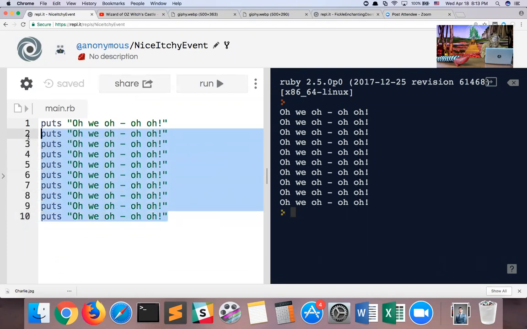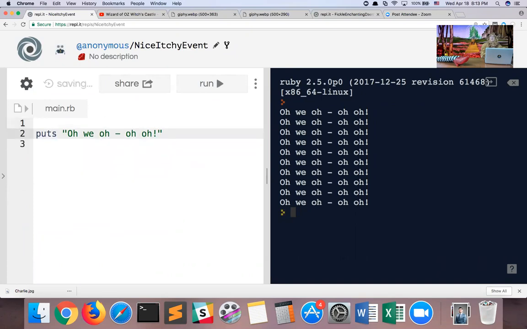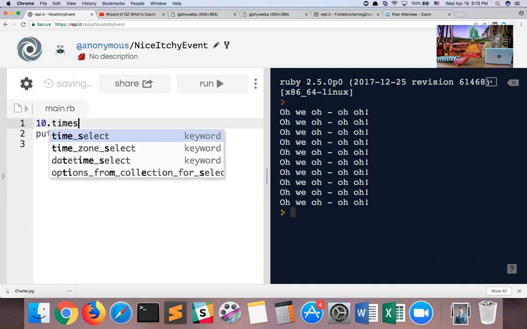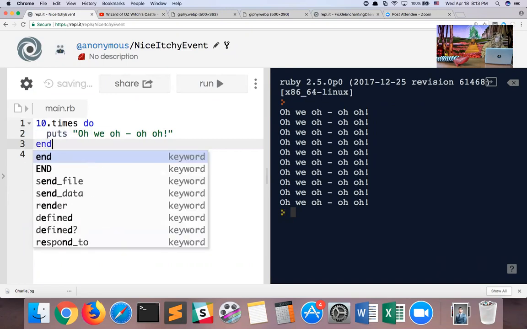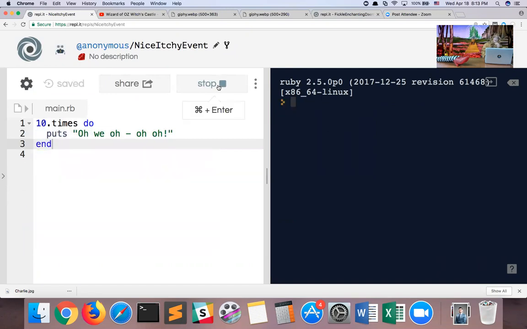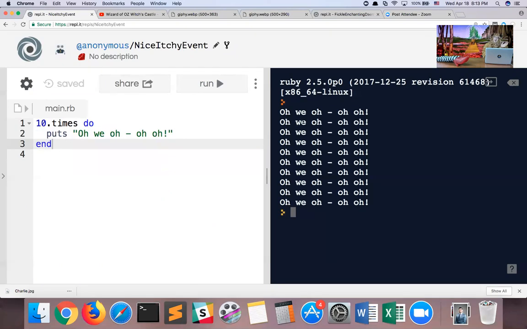So let's write an alternative version to this. It's going to produce the same result, but we can do it in 3 lines of code rather than 10. We're going to say 10 times do, end. Let's run that. And now we got O-E-O-O 10 times.